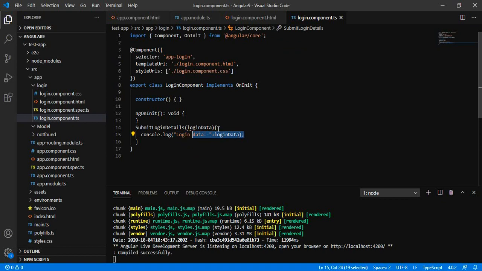So we can also add loginData.email for accessing the information and loginData.password.